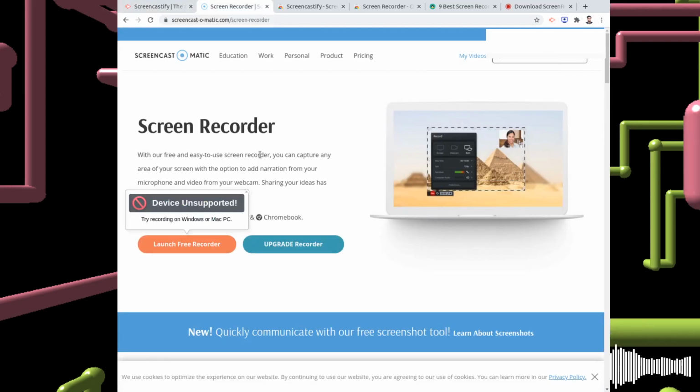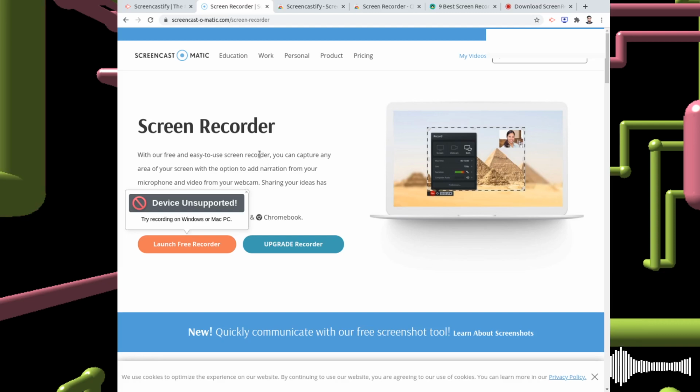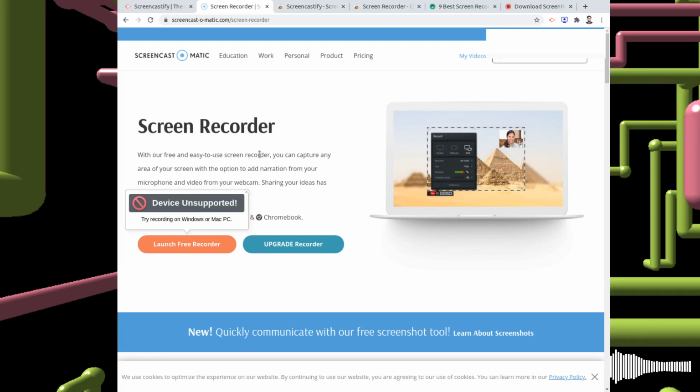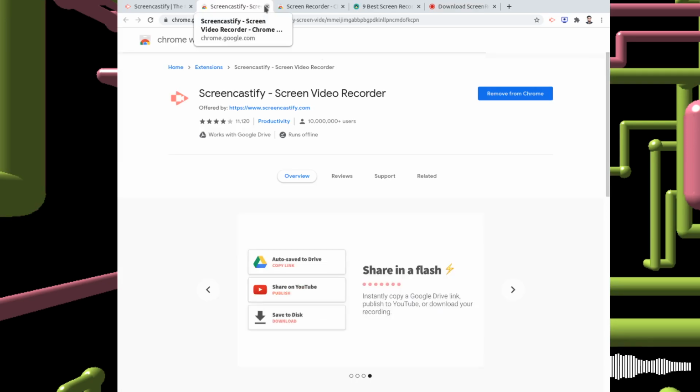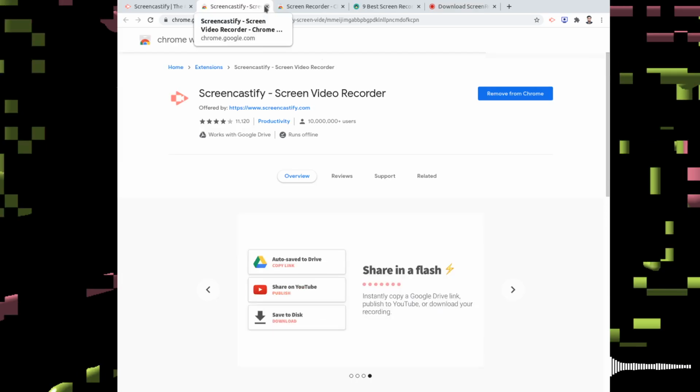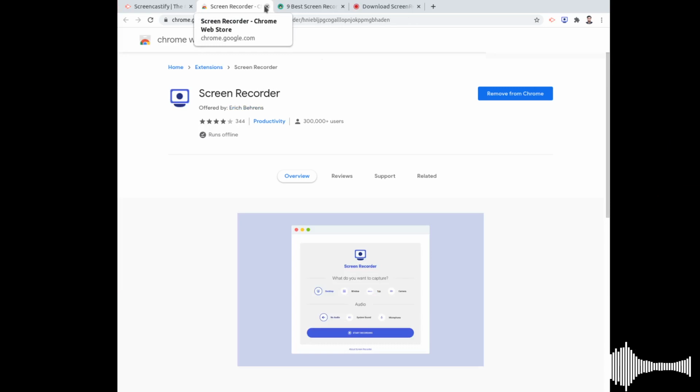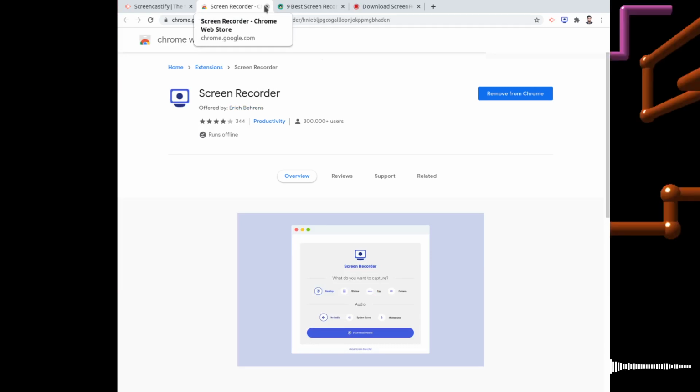And Screencast-O-Matic also doesn't have support for Linux, so both of these are out of the league for us. If you want a standalone screen recording service on your Linux machine, we do have browser-based ones.